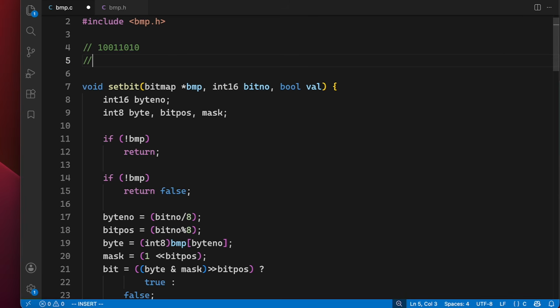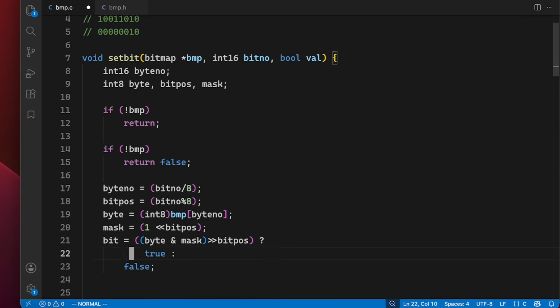And we have created a mask which looks like this. Which we can use if we wish to set the bits, because then we can OR it with this value and it will be set. Alright, so